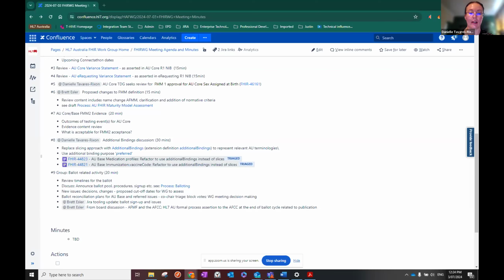And there's some more I'd like to flag around the work that Ruben has been doing in terms of clarifying some of the parts of person recorded sex or gender that we need to go through, and then also evaluate if we're happy to mark those items as FMM1 and take them to ballot,